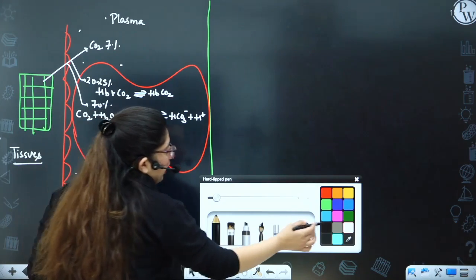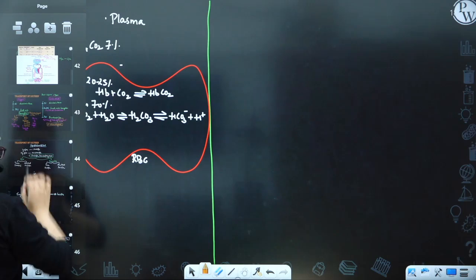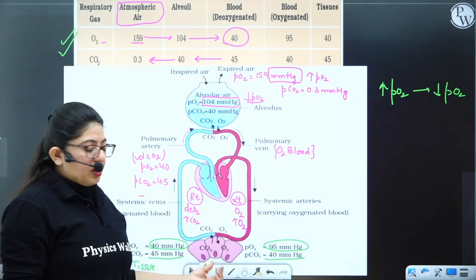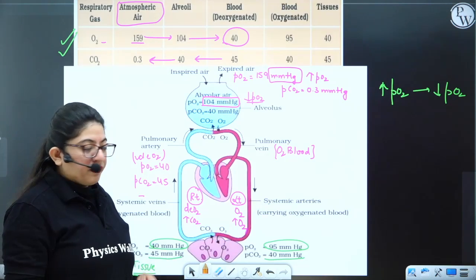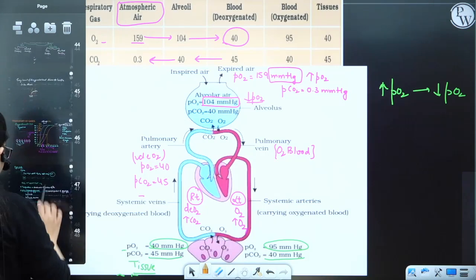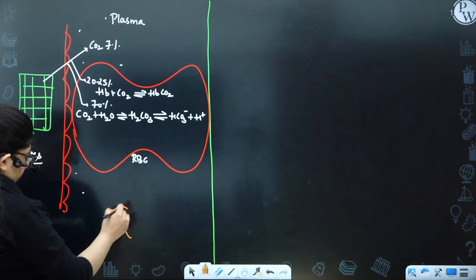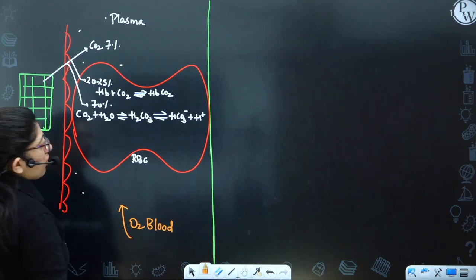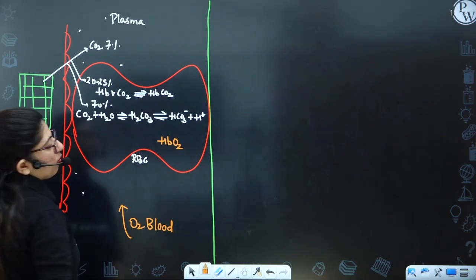So here, if I say this is a situation, the oxygenated blood is going to the tissues. The tissues are producing CO2. Now the CO2 is being transported. So we are zooming in and making it here. If I say this blood is oxygenated, it is coming from the alveoli. This oxygenated blood will definitely be carrying oxyhemoglobin.